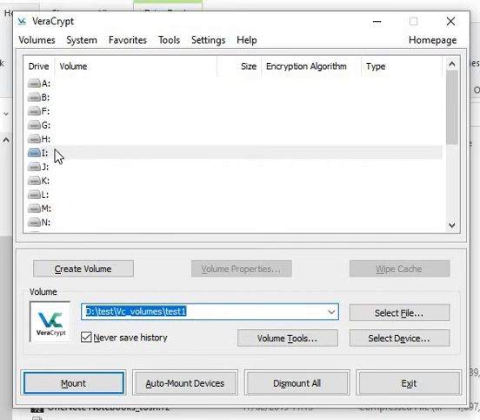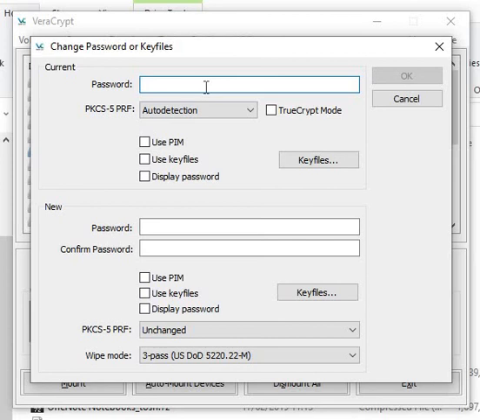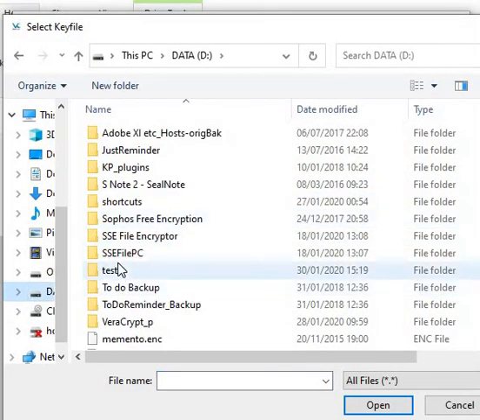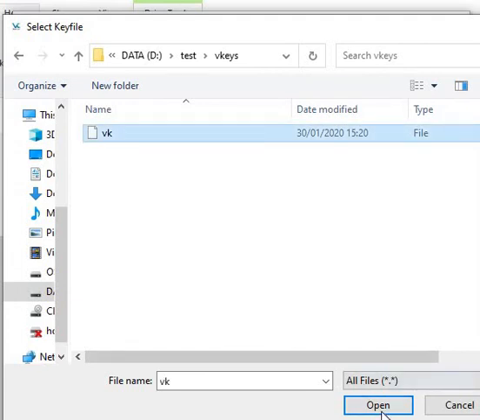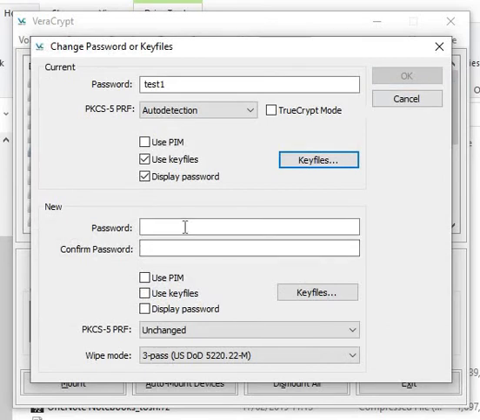To change the password, you mustn't have the volume mounted, so don't mount it. All you do is select volume tools and change password. Here you put in the old password, which is test1, and select these two if you like, if you're on your own, and for the demo I'm going to show you. And then the key file has to be added. So I moved it here. Okay. Click OK. Now we need to create a new key file,